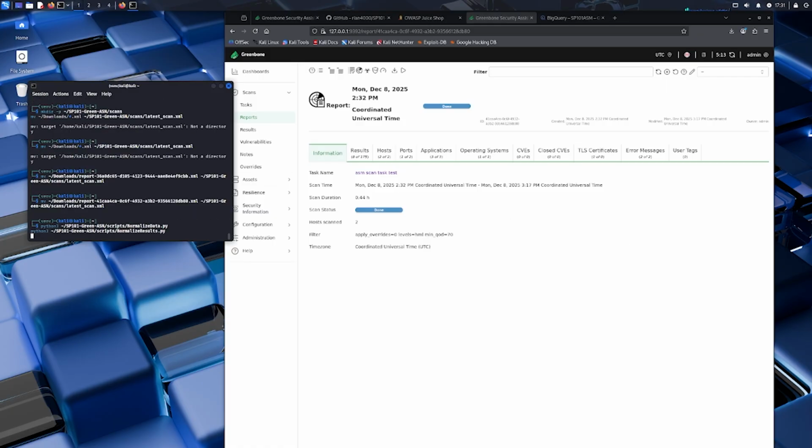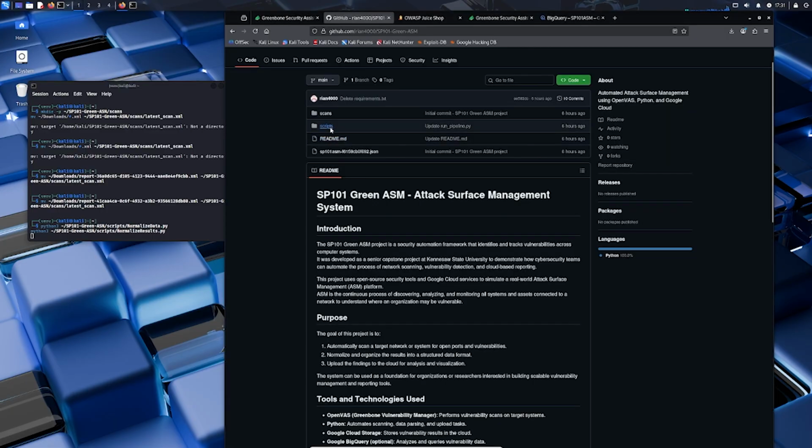What this code is going to be doing is parsing through the XML and converting everything into a CSV. Now that we have our XML file uploaded into our project directory,